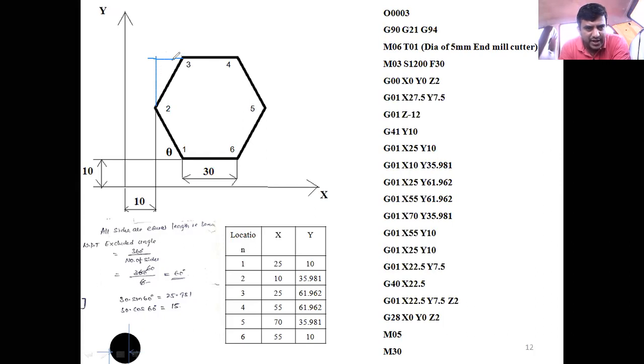Now, what is the exterior angle here? This one is 60 degrees. This is theta, right? 2 to 3 is the hypotenuse. This is the opposite side and this is the adjacent side. I'll write it in short form: opposite side is O, adjacent side is A. What is the opposite side here? You can see 30 into sin 60. This is the opposite side, right? Any doubt?